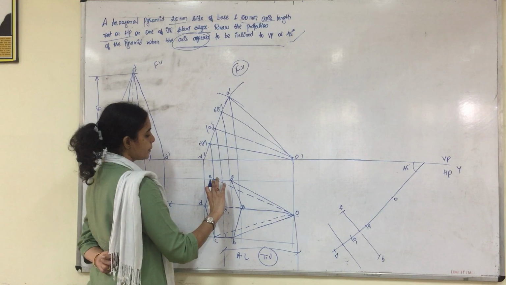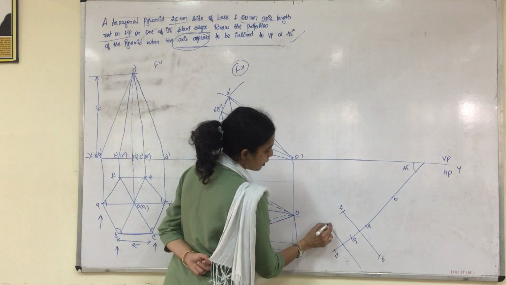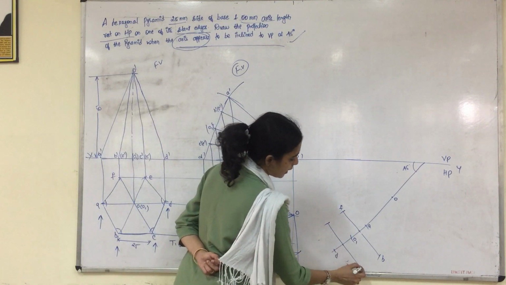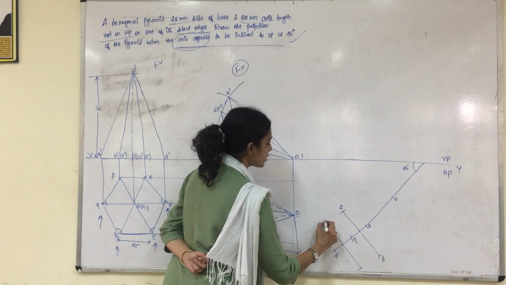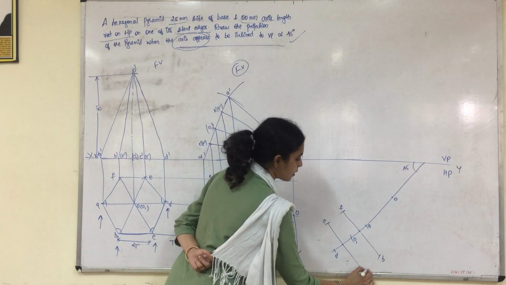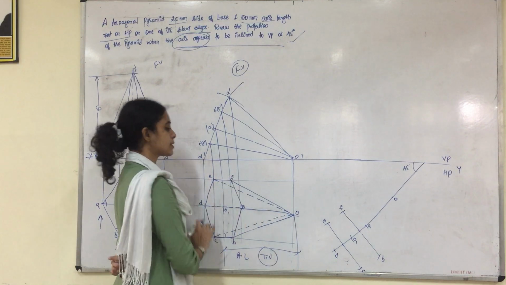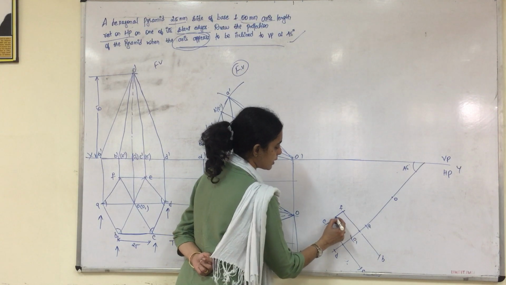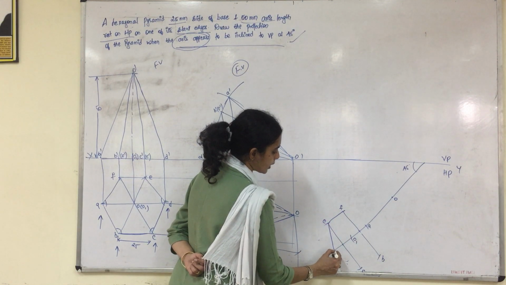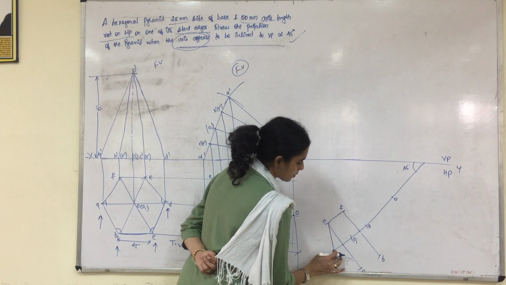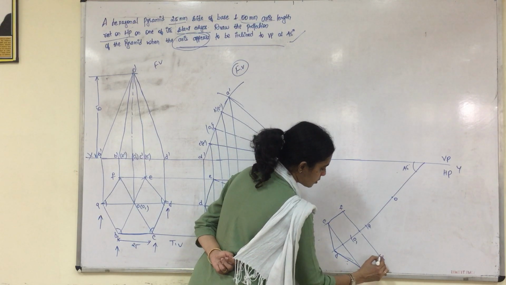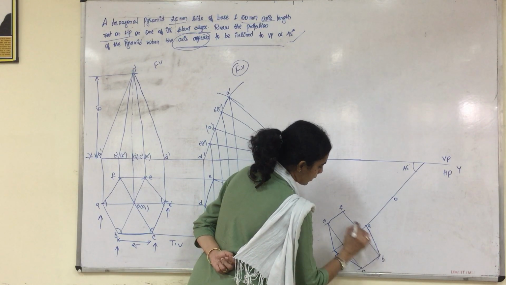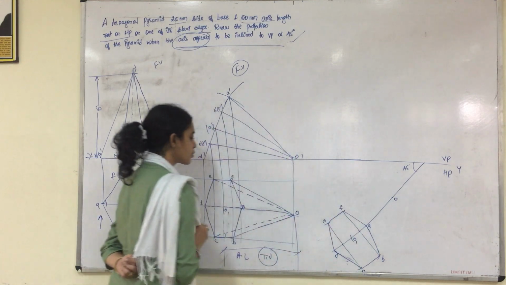Similarly, come back. From the midpoint to E, what is the distance you measure and cut an arc. Similarly, from midpoint to C, what is the distance you measure and cut an arc. So you will get E and C. So you got the bottom surface of the hexagonal pyramid. So this is visible. You can join that immediately. E to D, D to C, C to B, A to B and F to A.